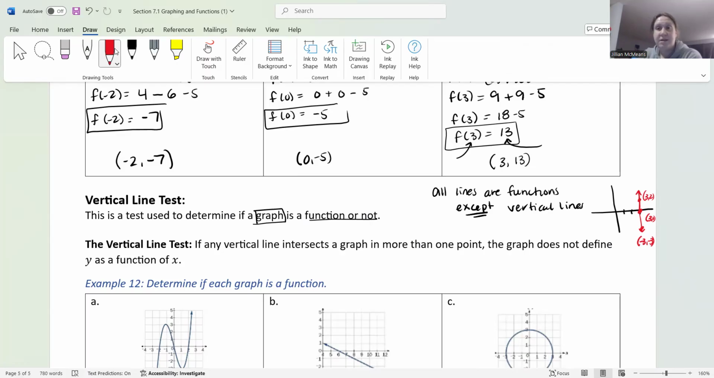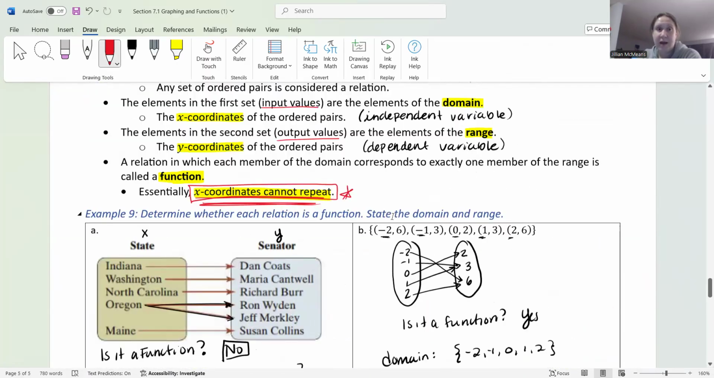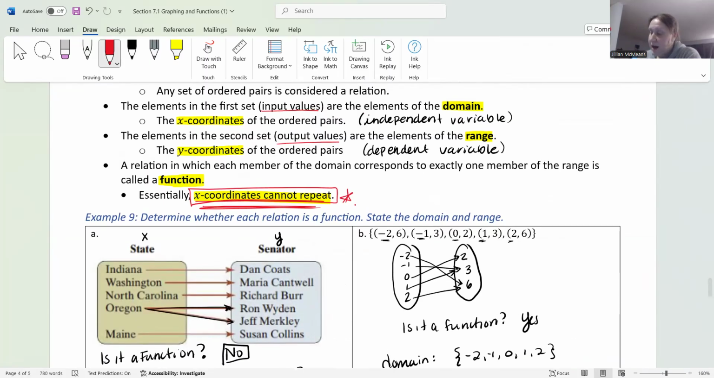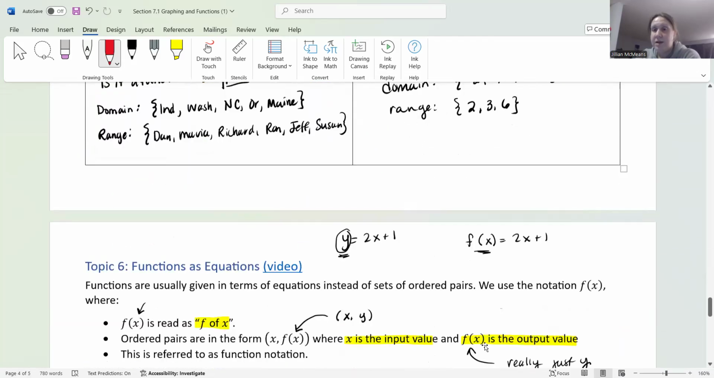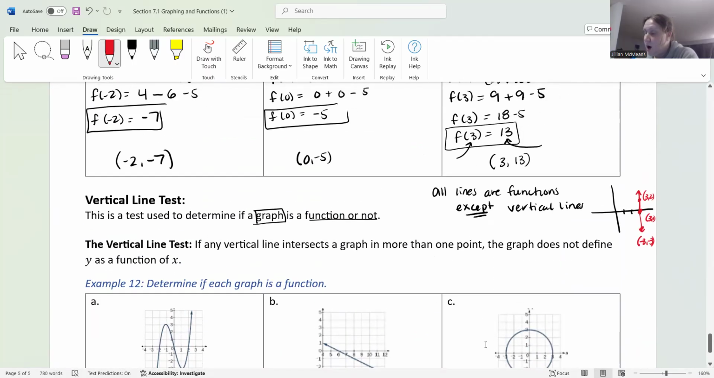And if we go back to the definition of what is a function, we have this right here. A function is a special type of relation where each input value, so each element in the domain, can correspond to only one member of the range. So that means x's cannot repeat. But if we go down here and look at this idea of a vertical line, well, golly, our x's repeat. So all lines are functions except vertical lines because